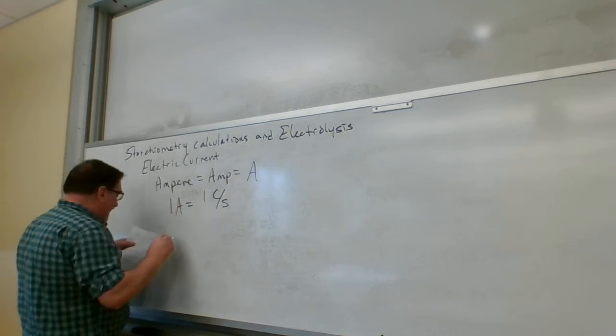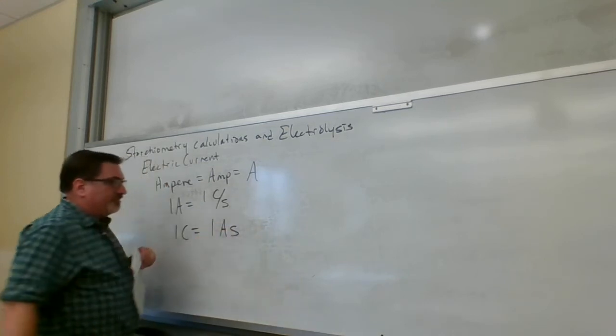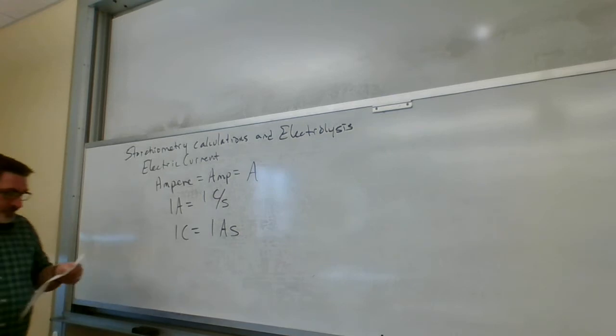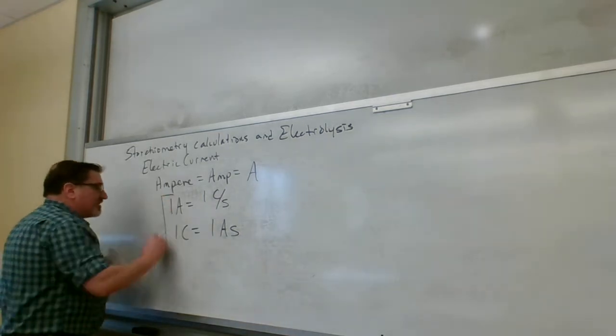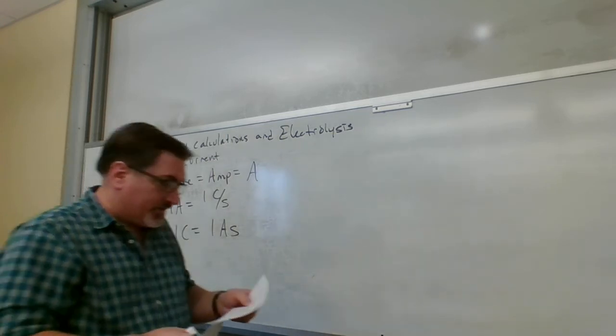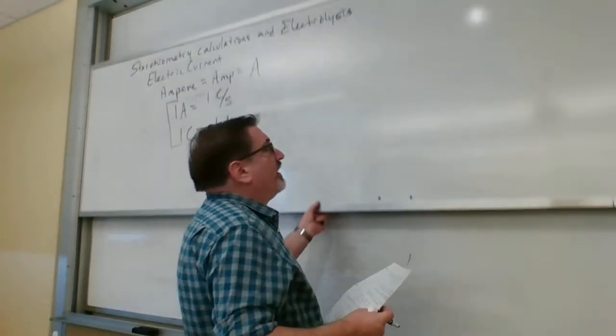So this can be rearranged so that 1 coulomb is equal to 1 amp second, moving the second over to the other side, going up into the numerator. This is a key relationship that we have to keep in mind when we want to do calculations with electrolysis. So, working toward that here,